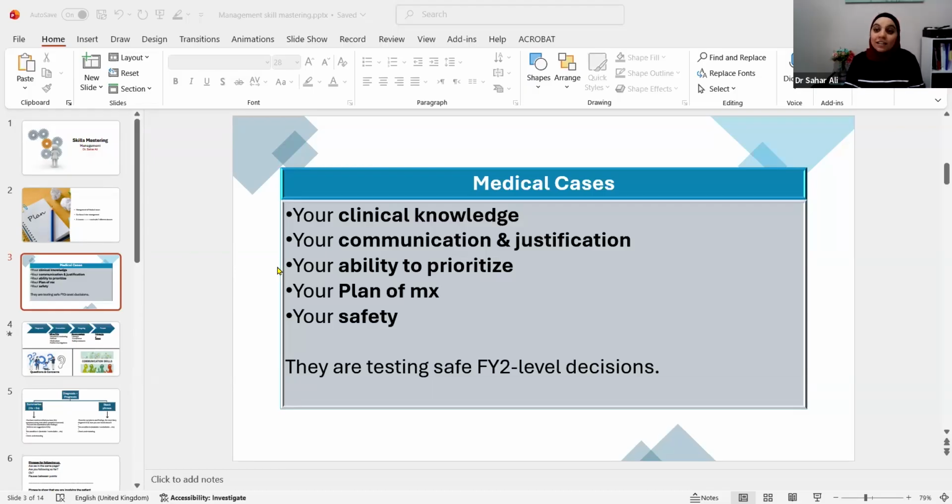He's uncomfortable. So you have to prioritize things based on your job as an FY2, including prioritization in the concerns of the patient. Sometimes the patient doesn't understand the severity or the urgency of the condition. Let's say a patient has a suspected stroke, and he's telling you, doctor, am I going to go to my work tomorrow? So you have to explain to him that your priority now is the condition that he has.